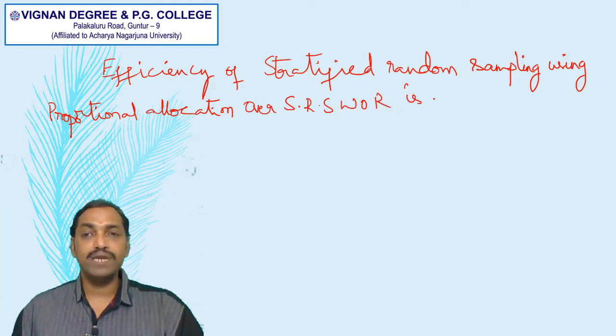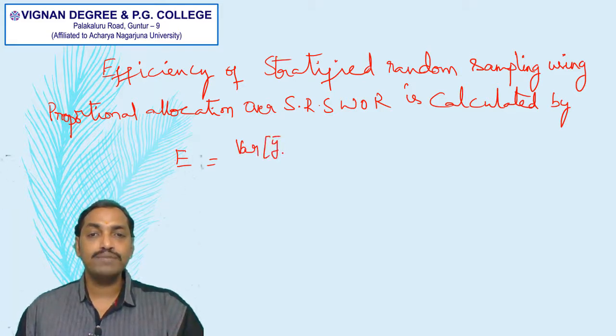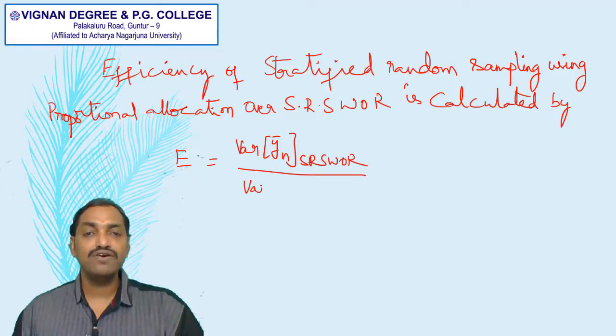The efficiency is calculated by E is equal to the variance of yn bar in simple random sampling without replacement divided by the variance of y bar st in proportional allocation,